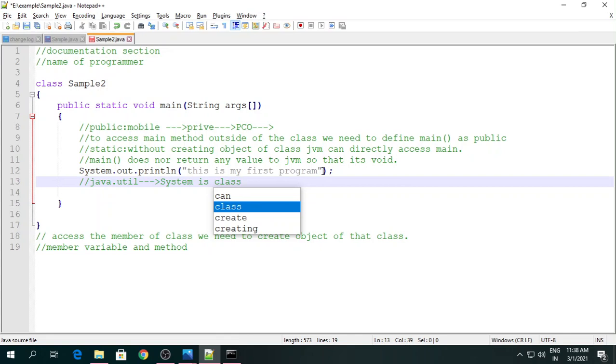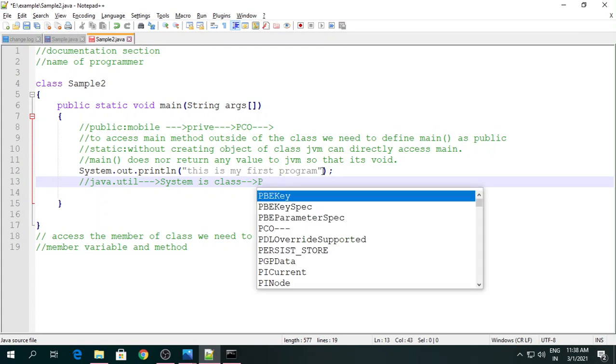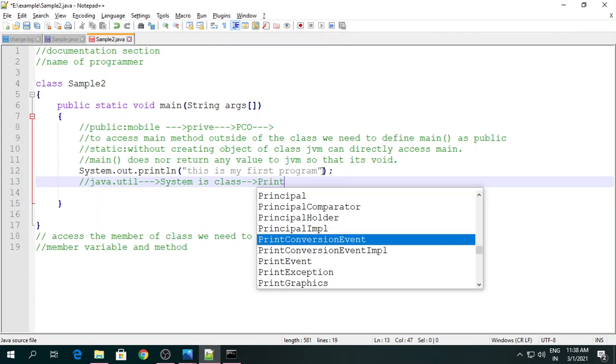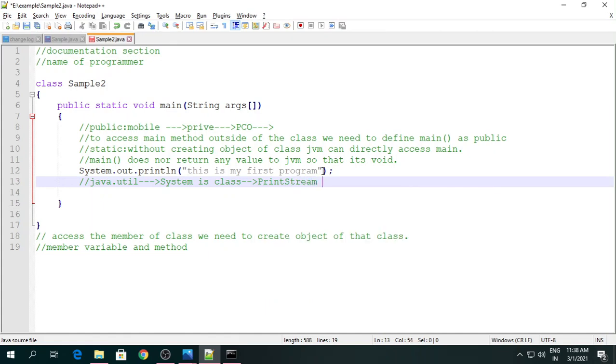When you work with the System class, this class has a PrintStream class, and inside it we have declared one static variable.